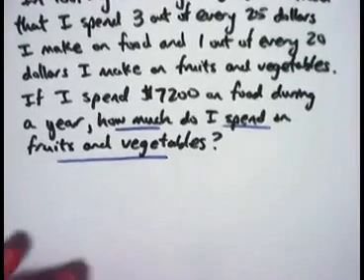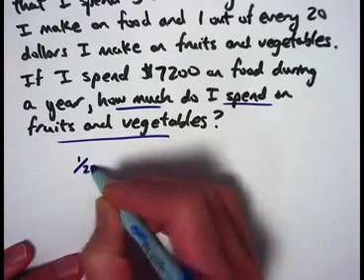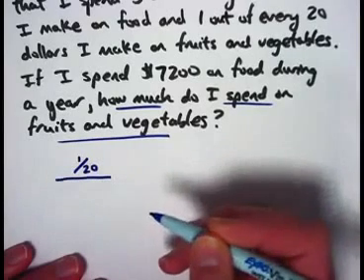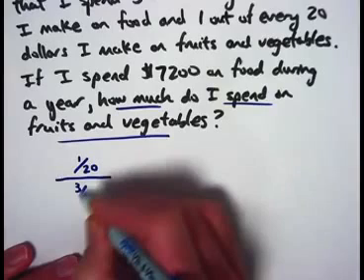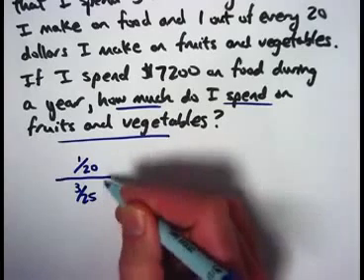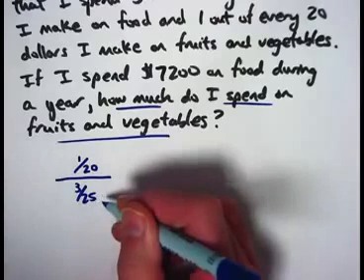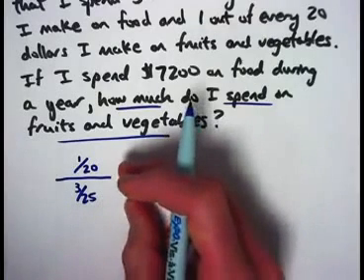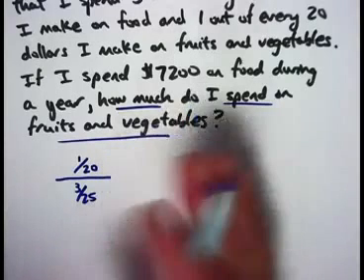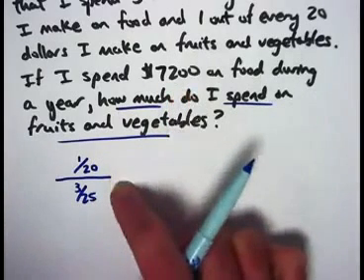I hope it makes sense to you that if I take the ratio 1/20 and divide it by, and I'm going to write this as a fraction, divide it by 3/25, that fraction of fractions, which again is okay to do, where the numerator is a fraction, a rational number, and the denominator is a fraction, will represent the proportion of the money that goes toward food, well, I'm saying this wrong, of the money that goes toward food, of the $7,200, that's the proportion that goes toward fruits and